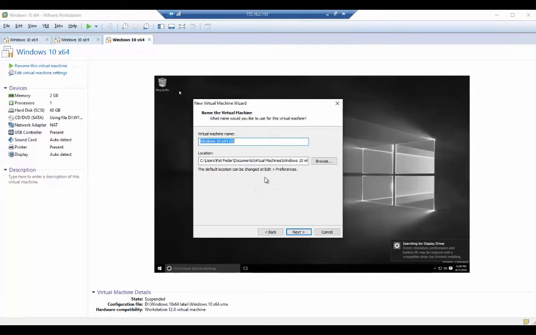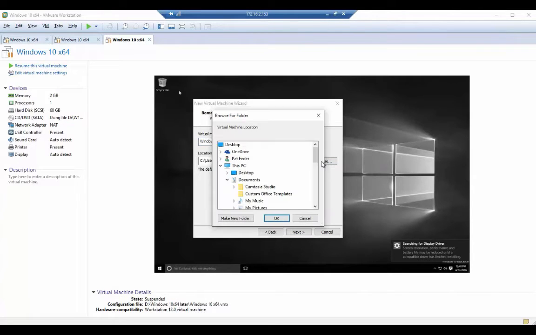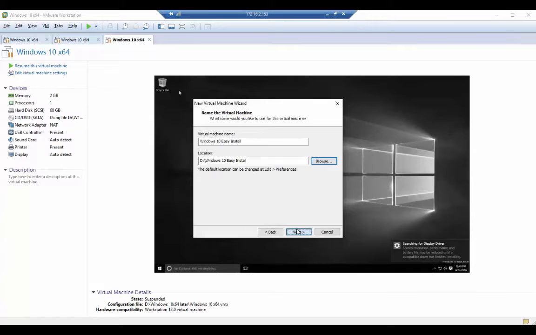It's good. What do I want to call the machine? Well, let's call it Windows 10 Easy Install. We'll put it on my D drive. I think it runs a little bit faster when you're on a separate hard disk, or the best is an SSD drive. So my virtual machine is going to go in this folder here, Windows 10 Easy Install. Next,